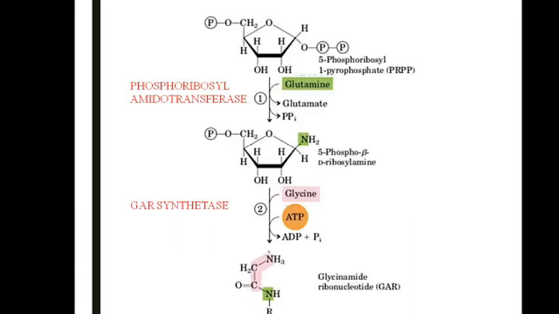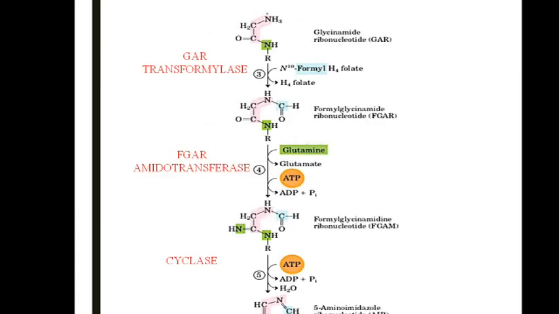I hope till now there are no doubts from step 1 to step 5. Again I am going to repeat this. At step 1, glutamine is added and there is an amino group into the compound, so it becomes phosphoribosylamine. In the next step, with the help of GAR synthetase, there is glycine addition over here, and the product we call glycinamide ribonucleotide. Again, it's an ATP requiring step. First step, glutamine is added. In the second step, glycine is added. In the third step, what is happening? There is a transfer of the formyl group from formyl tetrahydrofolate. It is contributing its formyl group, and the compound is formyl glycinamide ribonucleotide.